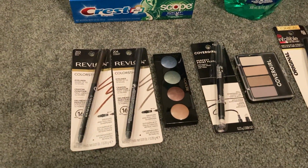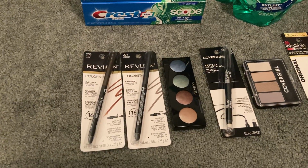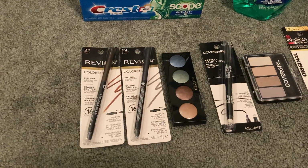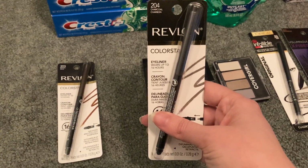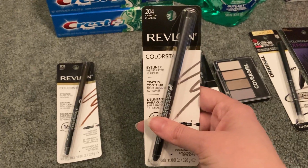The first thing I picked up was this Revlon. This week when you spend $12 on Revlon cosmetics, you get back a $4 extra buck. It is a limit of 6. So I picked up 2 of these Color Stay eyeliners. They are $8.99 at my store. So 2 of them together were